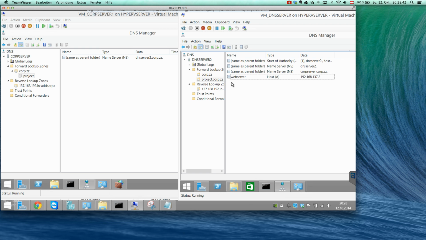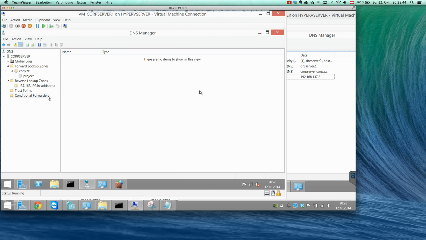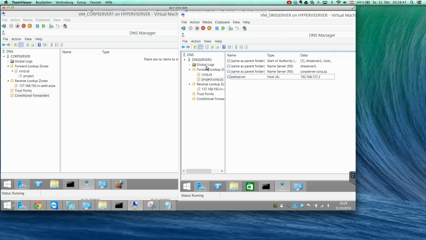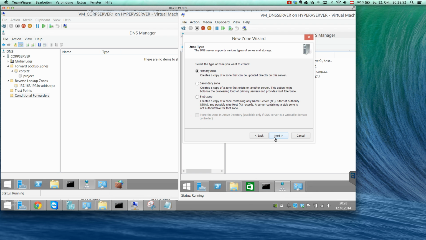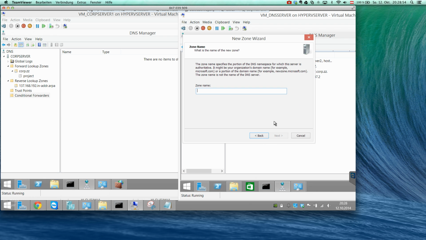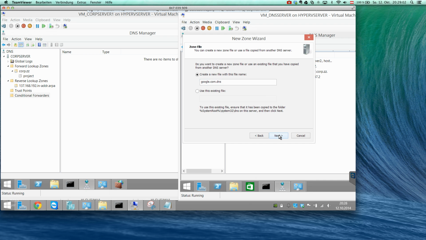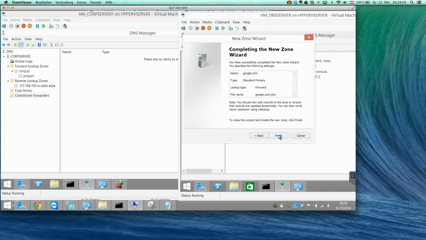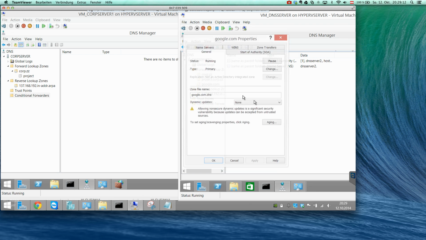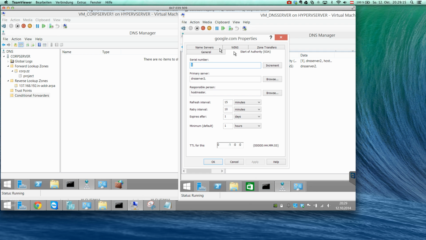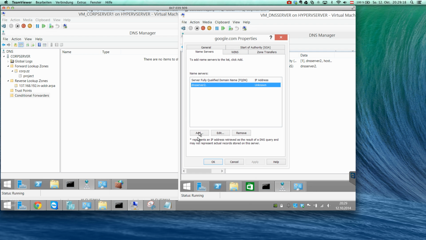The next option is the so-called conditional forwarder. For this option I will create here on my second DNS server a new zone, say next, make here a primary zone, for example like google.com, go to next, next, next and finish. Now here I have google.com, I go to properties, start of authority, name servers,